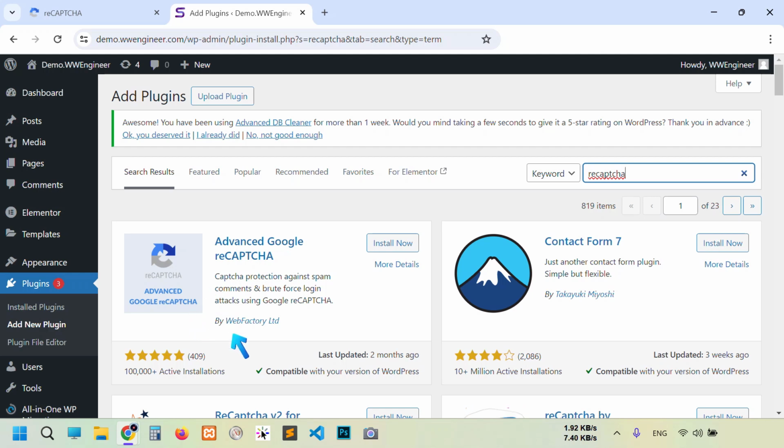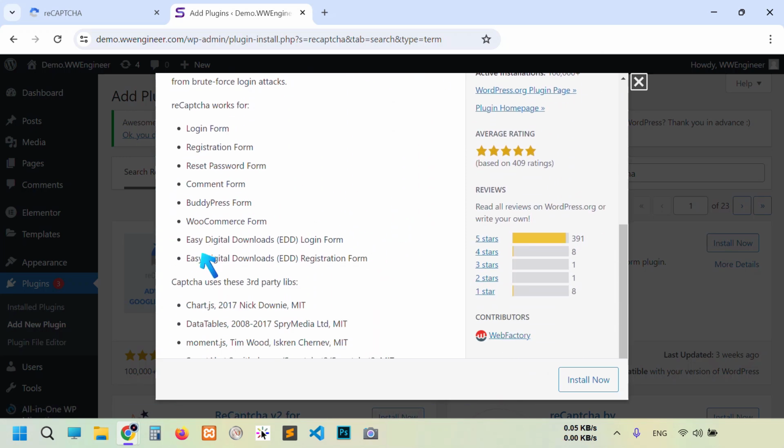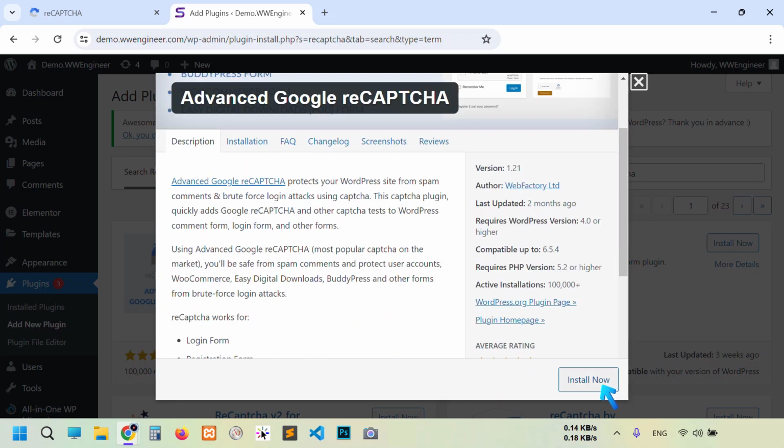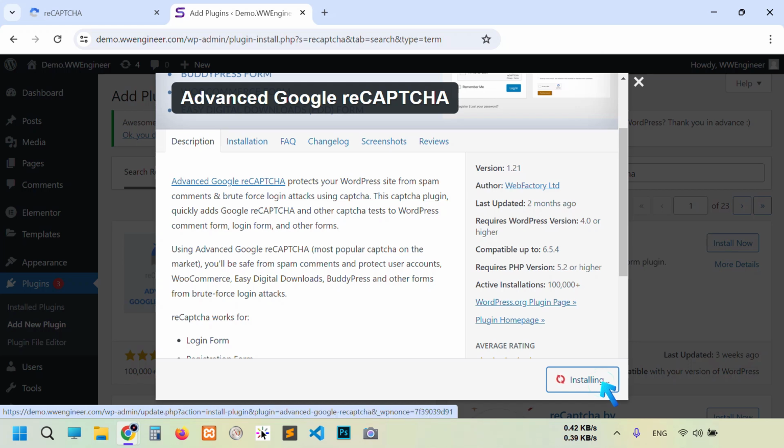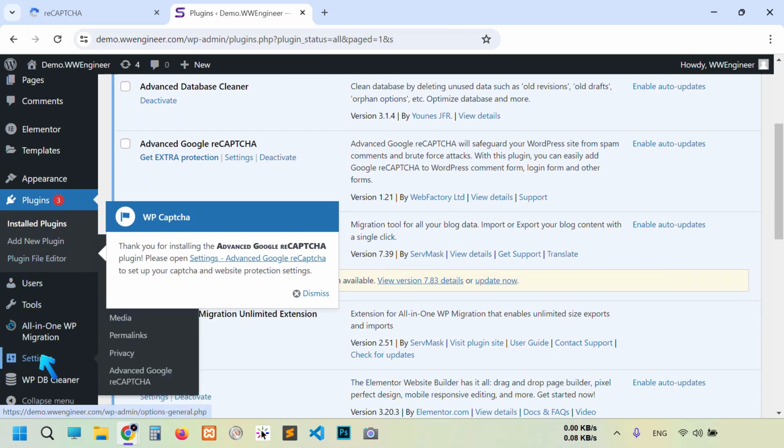It is by Web Factory Limited, and also you can see what you can do with this plugin. You see, click install now and activate it. So after activation, go to settings, then Advanced Google reCAPTCHA.